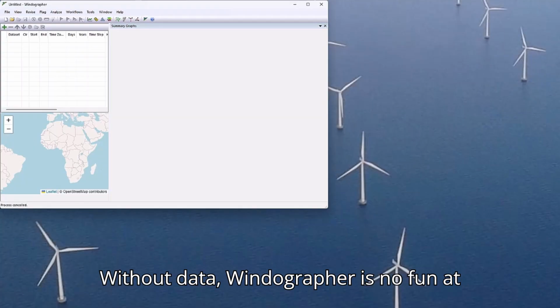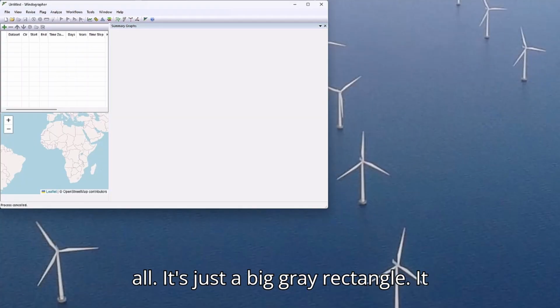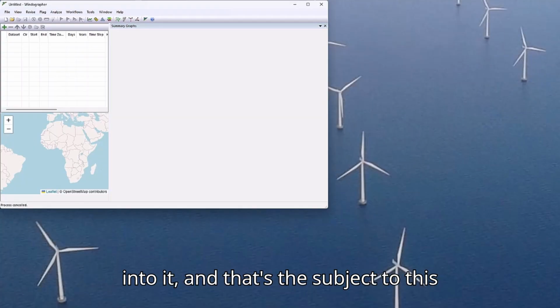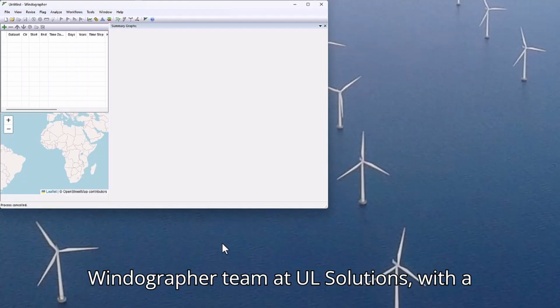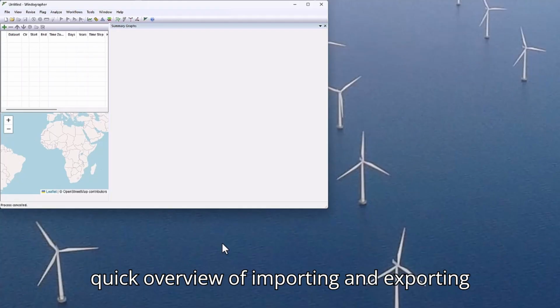Without data, Windographer is no fun at all. It's just a big gray rectangle. It becomes interesting when you get data into it, and that's the subject of this video. I'm Tom Lambert, head of the Windographer team at UL Solutions, with a quick overview of importing and exporting data